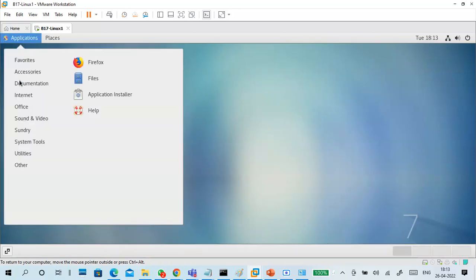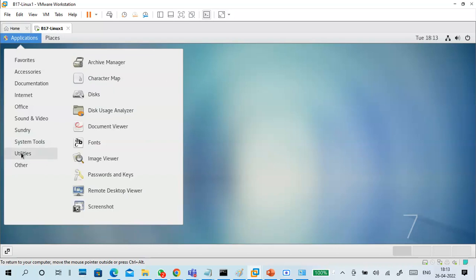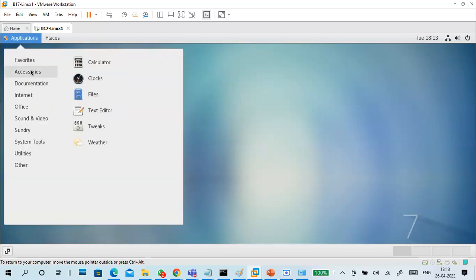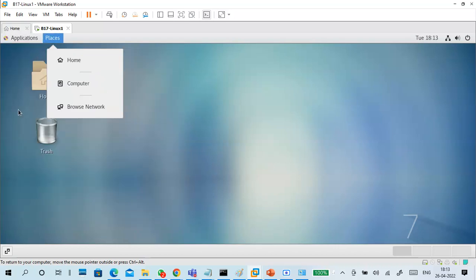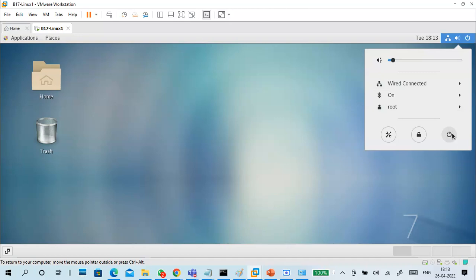Look at applications, there are options, go through them one by one. Next, places also. Go to applications and places, and these icons, what is this icon, this is for shutdown. Tools, lock and so on.